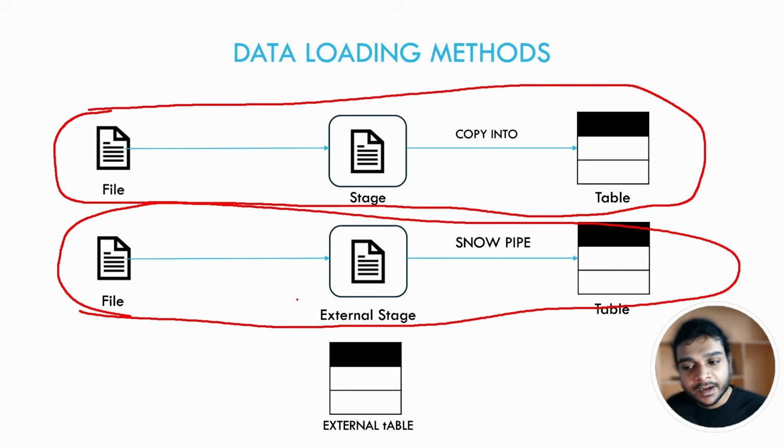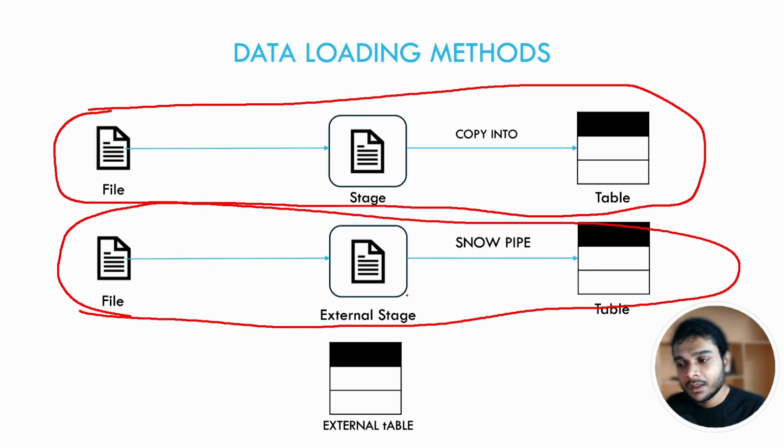where we define an external stage. We talked about stages. We talked about external stage, right? An external stage is a stage that stores data outside Snowflake, not inside. Outside Snowflake in a cloud storage. So we define an external cloud bucket storage as an external stage, and we upload the file into the external stage, and we define a Snowpipe. And this Snowpipe copies the data from the files that are stored in the external stage to